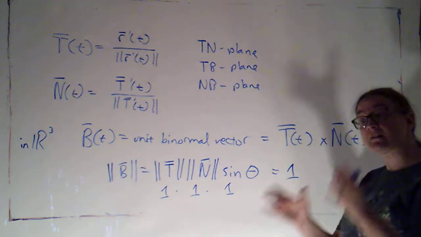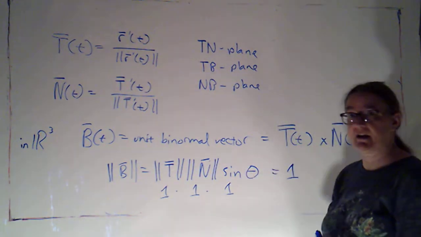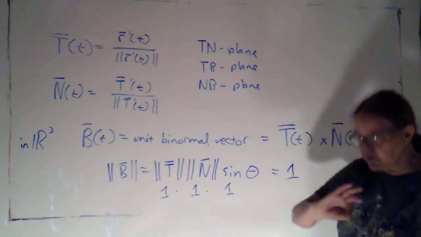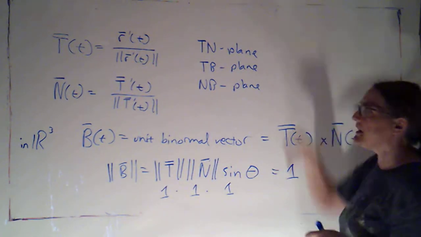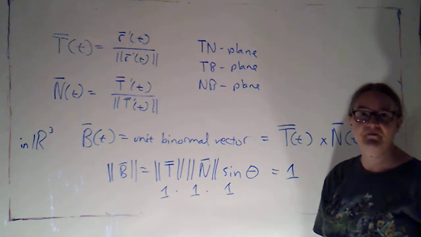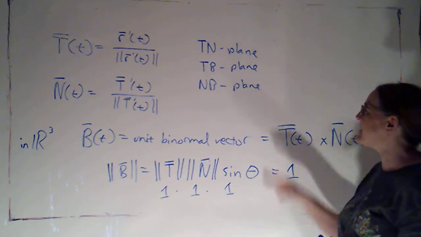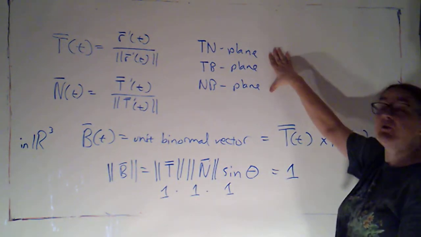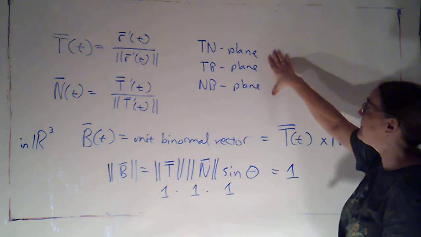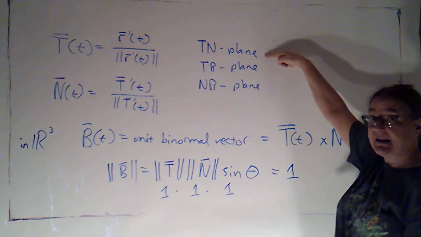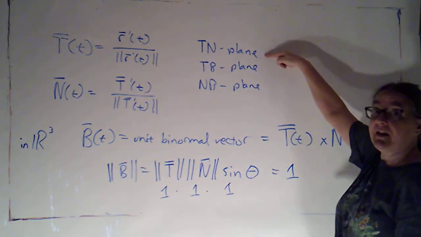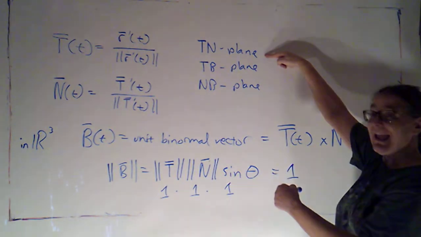So, if you're asked in the homework to calculate the osculating plane, just flip back in the text and see which of these planes is the osculating plane and then calculate it. If on an exam or a quiz I'm going to ask you for one of them, I will use these names. Okay, so the TN plane at a point would be the plane that T and N would lie in,